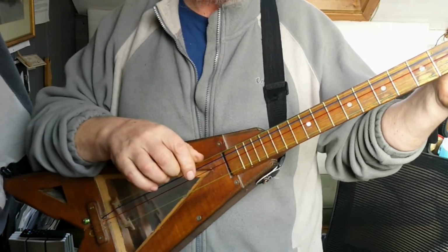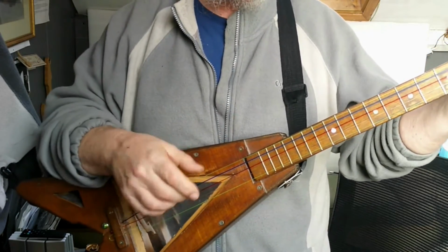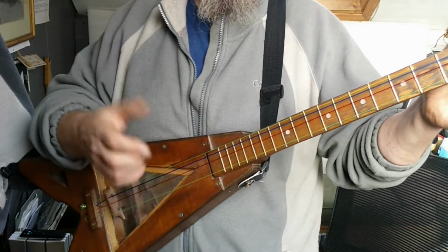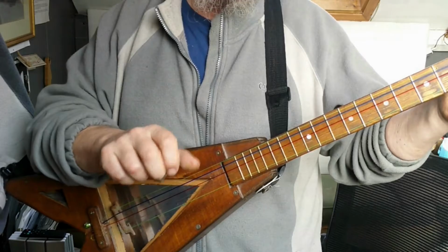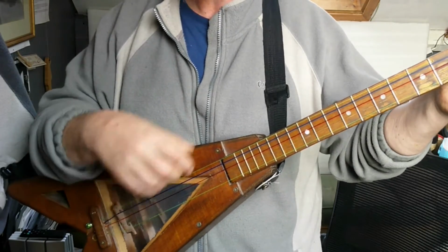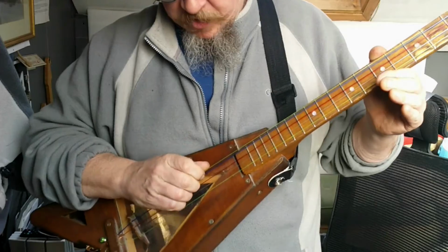But I want to demonstrate how, even if you never learned anything more than a bar chord, if you manage to master the Frailing technique, you still get a reasonable rhythm. In fact, it's still possible to play the tune. Something like...